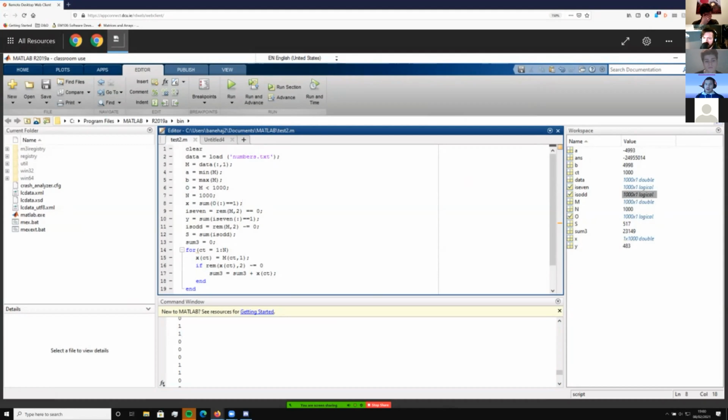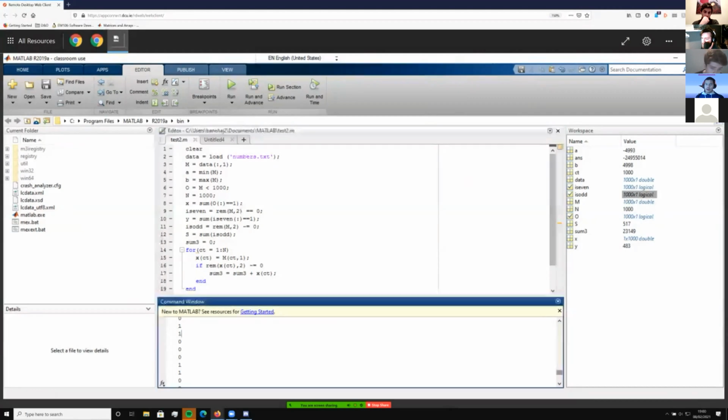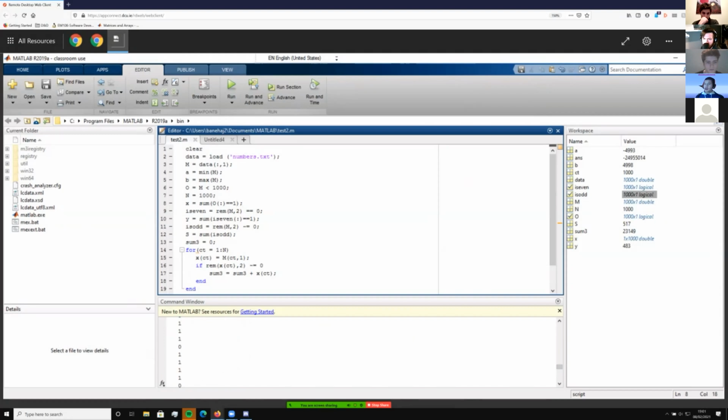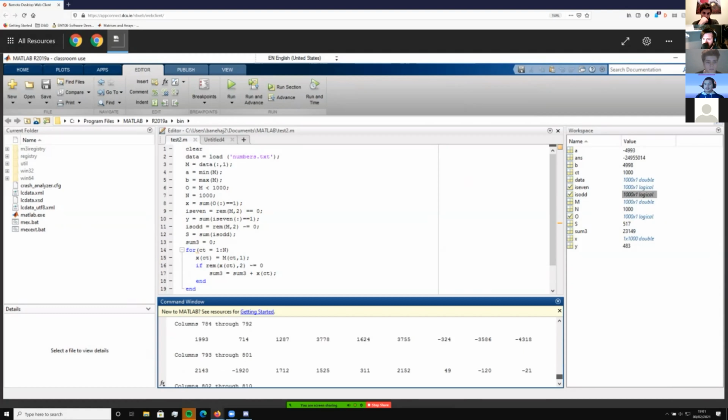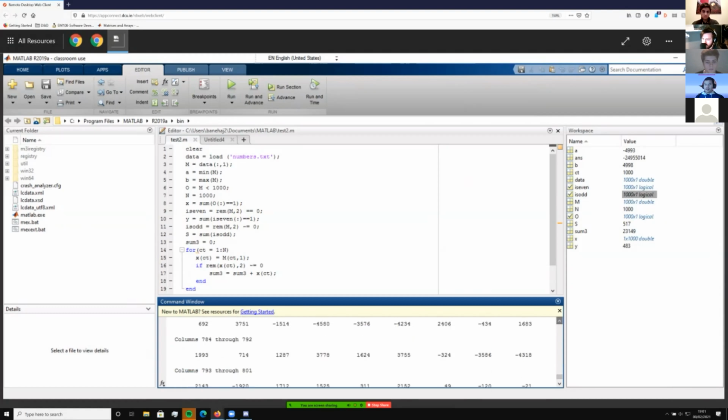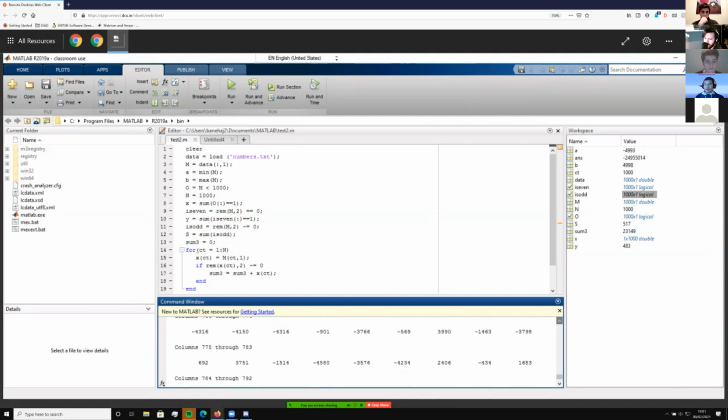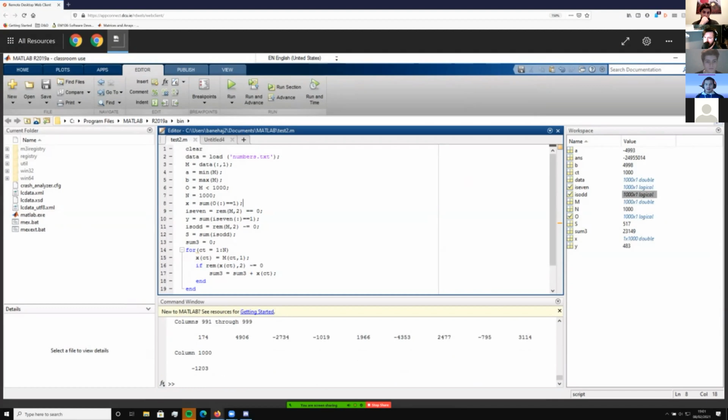So X is equal to sum O colon is equal to 1. I think I might have put this in wrong. I'm not sure exactly what this is doing, because if you can see here, it's showing just all the numbers in groups together. I don't believe this to be doing anything at the minute, but this next one is.